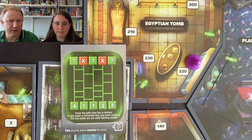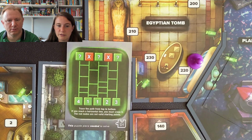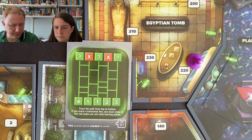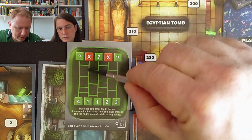Right. And what does this say? Trace the path from top to bottom. If you reach a horizontal line, you must cross it. The red nodes are not valid starting points. Okay. So if we do the first one first. We're assuming left to right is the...